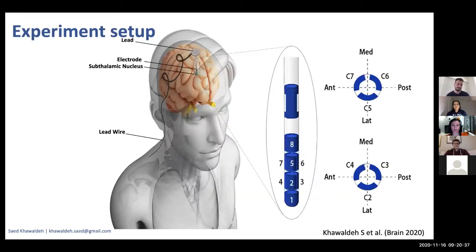Just talking about the study which I've been working on in the past year, and has been published recently. Here we're going deep in the brain, to a brain structure called the subthalamic nucleus, and there is this electrode which is implanted there. The electrode looks something like that, which has 8 sensors, as you can see. We call this one directional